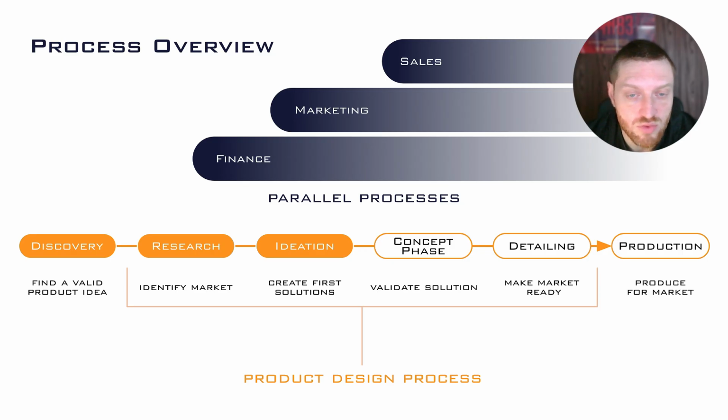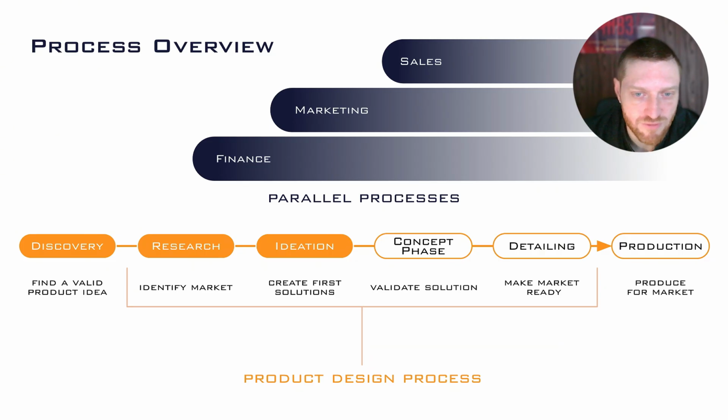How are we going to finance the development of the product? Do we have clear marketing ideas, channels ready to go, or at least a clear understanding of what they will be, so we can get them up and running at the time? And do we also have a clear idea about how we are going to sell the product when it's ready? So these are all parallel processes that you have to have in mind at the very beginning, basically already, and take each stage also to evolve and inform those other processes